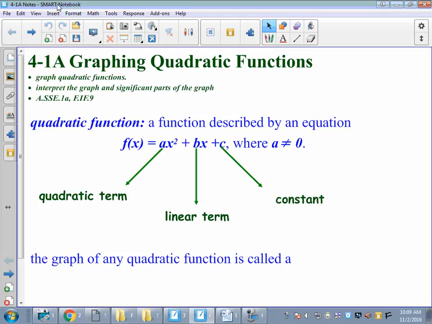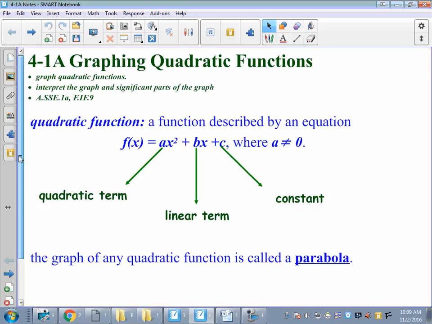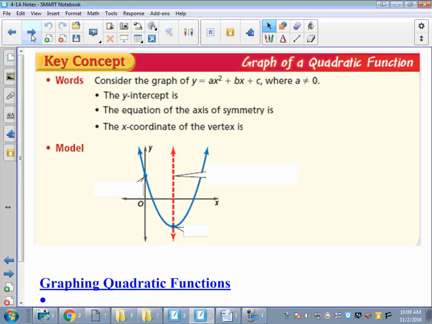So you can have any form of that function as long as the a value is not equal to 0. If the a value is 0, you won't have the quadratic term. Then you're not dealing with a quadratic function. The graph of any quadratic function is called a parabola. So to graph these things, we're going to go through all of the information about how to graph a quadratic function. And there are some key elements and key points that we're going to label and use when we figure